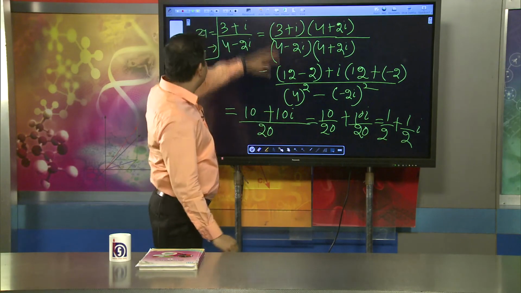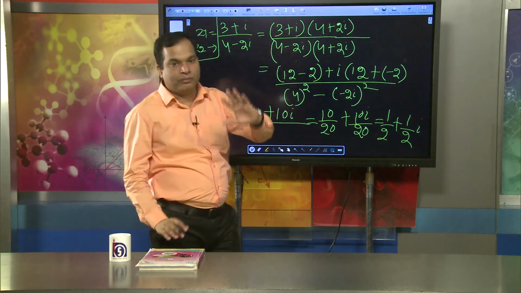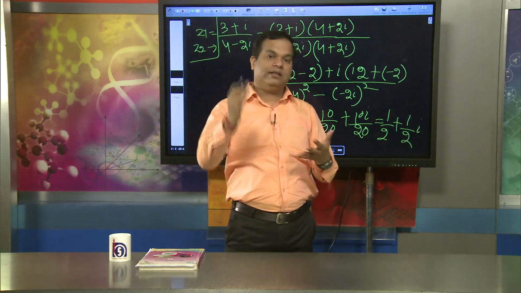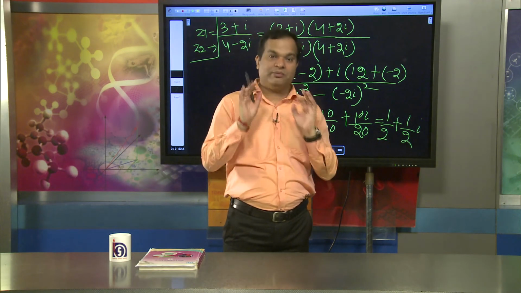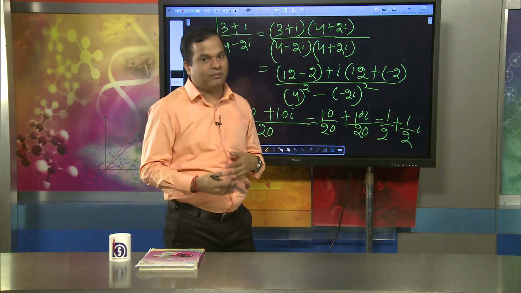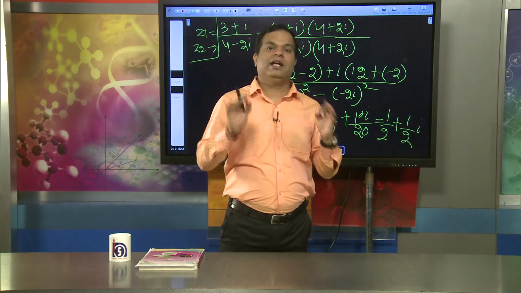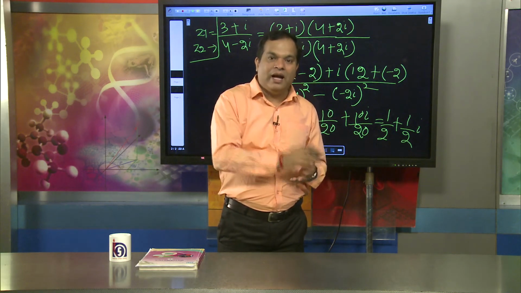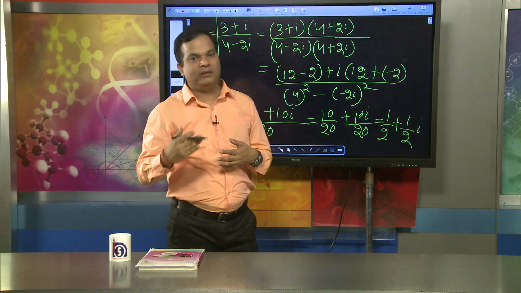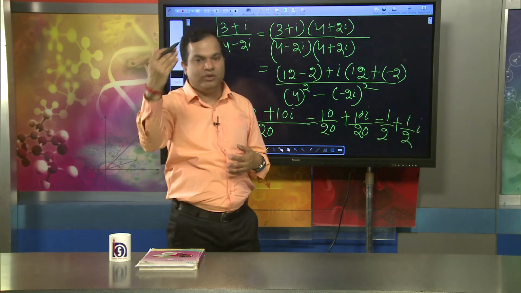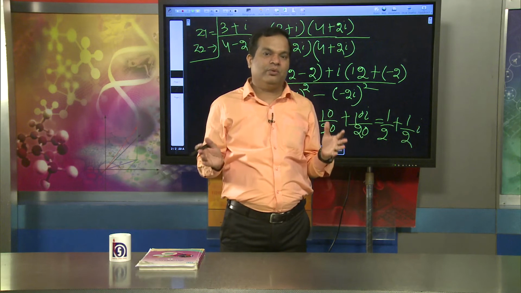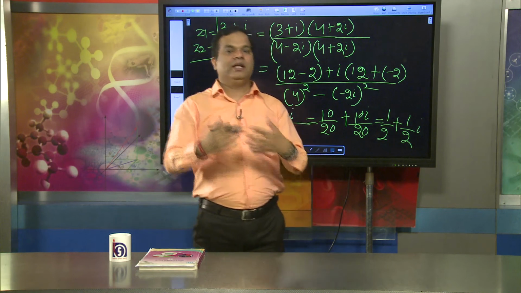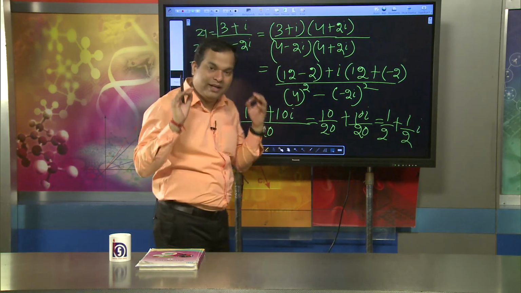This is the way we have to divide one complex number with another complex number. This is the technique to find out division of two complex numbers, and you must understand it. And it is also easy. The first step is we have to rationalize the denominator, and how to rationalize the denominator we have already known. The quantity we multiply in the denominator, the same quantity we multiply in the numerator, and then we multiply the two complex numbers in the numerator, then simplify, then find the value. This is the way, and a very easy method also.